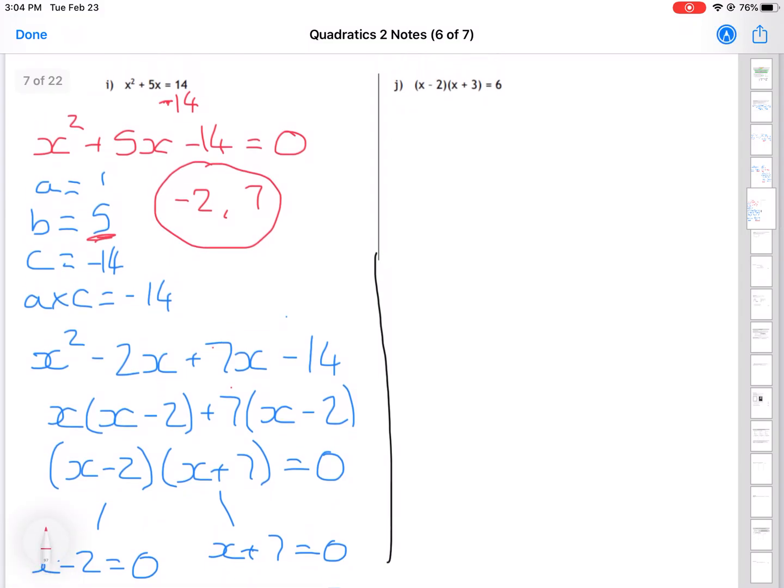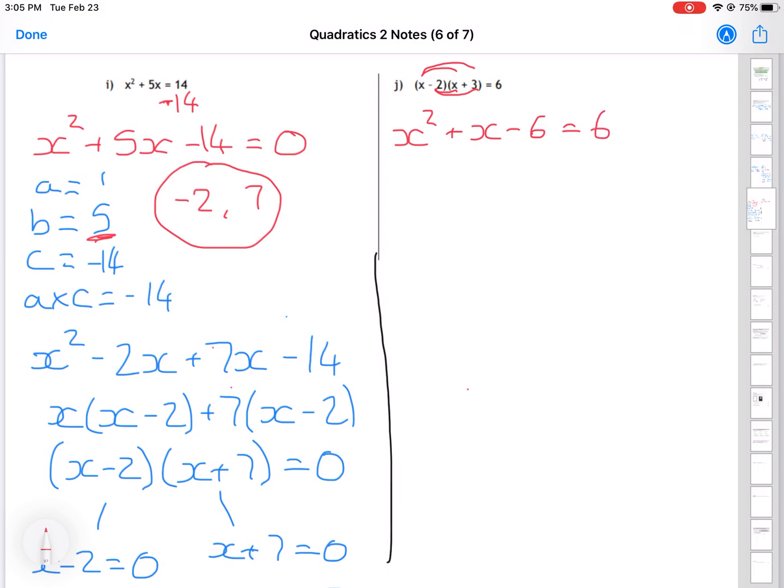Question J is just slightly more complicated than I. The first thing I'm going to do is to try and make J look like question I, kind of. In which case I'm going to have to multiply out this bracket. So there's two brackets here. We can do x times x, times 3, minus 2 times x, and minus 2 times 3. Again, taking in something from Unit 1. When we multiply out those brackets, we're going to end up with x squared plus x minus 6,